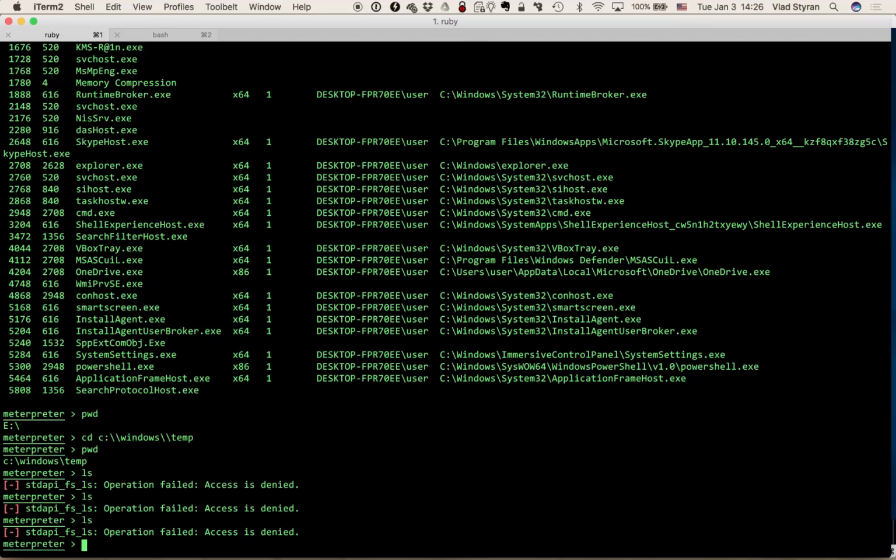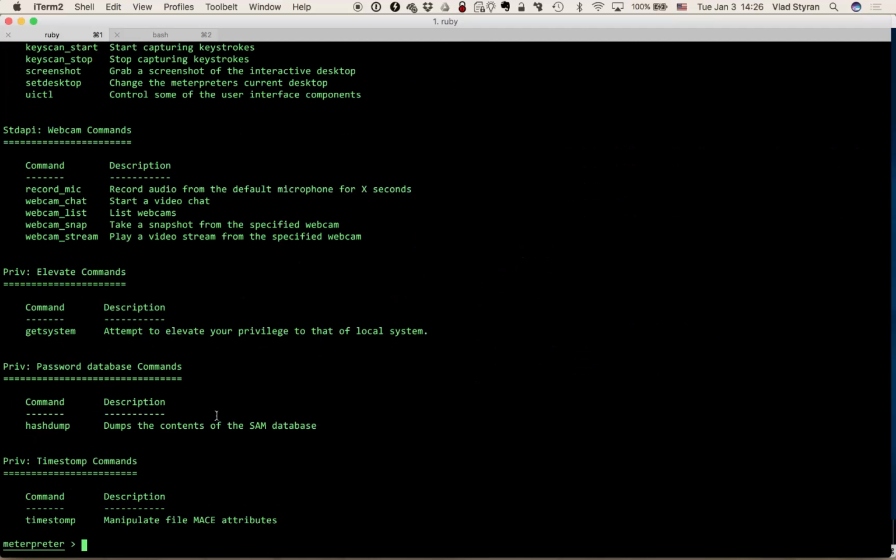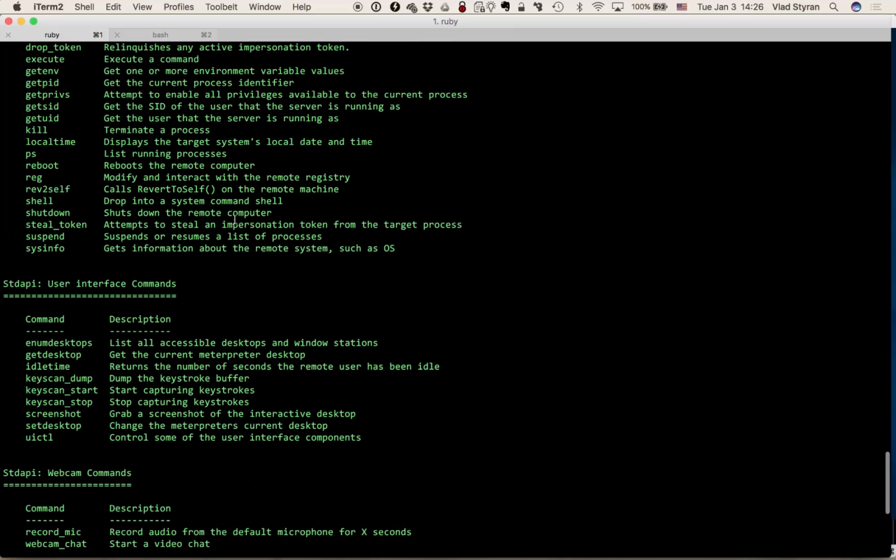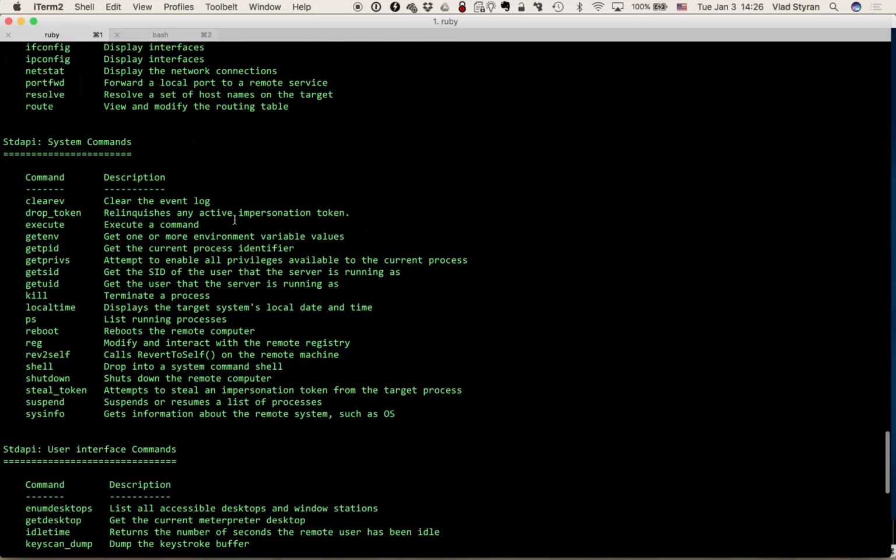First of all, let's see what we can do with the system overall, right? So system commands are like this. We of course can execute a command. Yeah, this is really important. We can kill a process, right? This is really very important once we spread our influence, and we have to keep it low profile. We have to kill some things we run on the background, and we can modify the registry right from here,